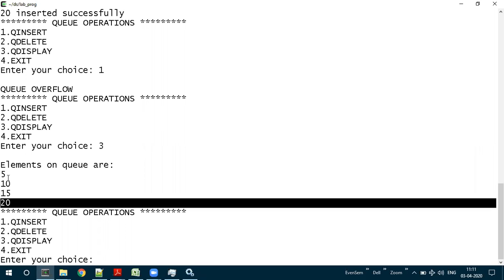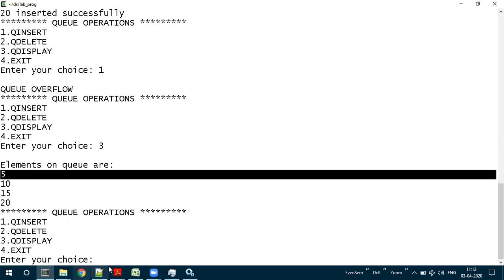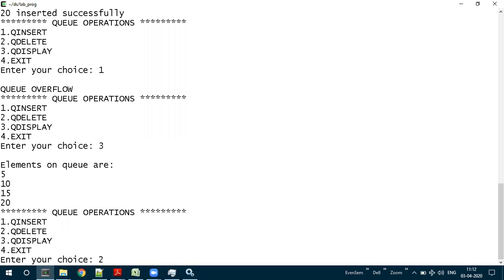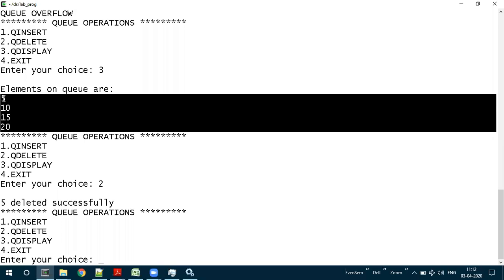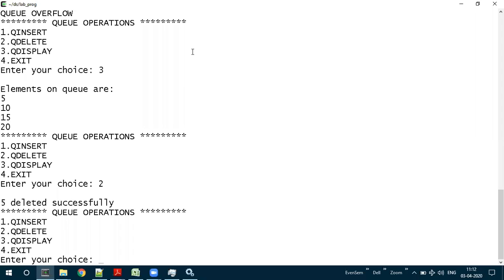The front end is pointing to the element 5. So if I choose option 2 and enter, it displays that 5 is deleted. Let me show you: now the front is pointing to 5 and the rear is pointing to 20. This is front, which I will denote as F, and this is rear.